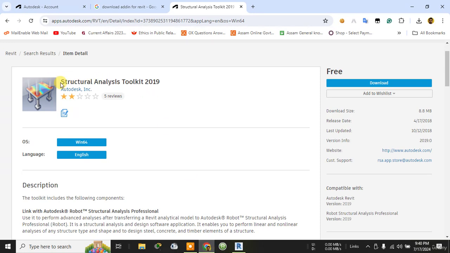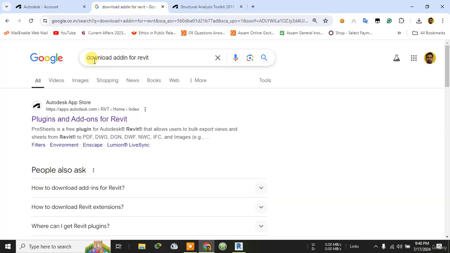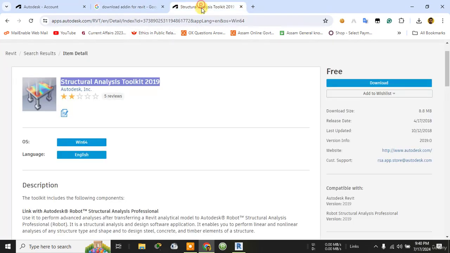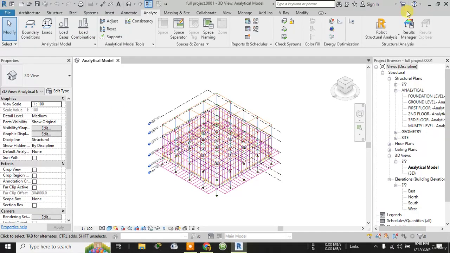You have to download this add-in, Structural Analysis Toolkit 2019. You have to simply search like this, download add-in for Revit. After that, you have to install this add-in. After installing this add-in, it will show you the Robot Structural Analysis, and after that, what you need to do is you have to simply